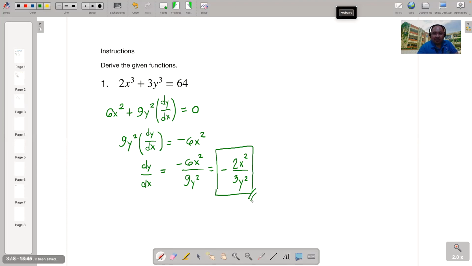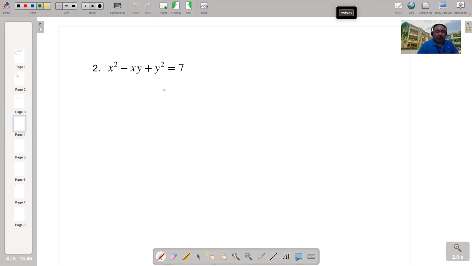Okay, shall we have another example? Here we have a combination of reasons why we need to do implicit differentiation. To begin with, you have the dependent variable not in the first order. You have a non-linear dependent variable in the form of y squared. And to add to that,